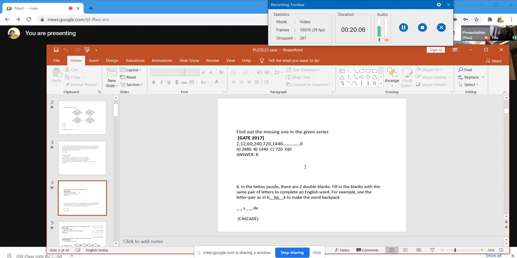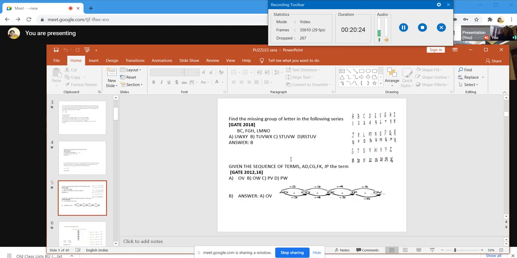So come to the last one, the 6th question. In the below puzzle, we have to find out the pair of letters which should come in the place. So that is nothing but CA. The same letters CA come in the alphabet spaces. This is a problem already asked in the GATE question. So whenever they are asking about alphabetical letters, you must know the number series from A to Z. Better you write it in a place and then go ahead with the problems.